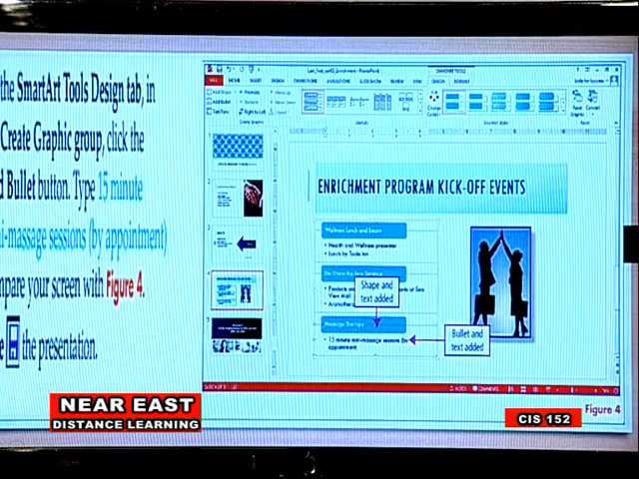Here we have number 7. In the last SmartArt Tools Design tab, in the Create Graphic group, click the Add Bullet button, type 15-minute mini massage sessions by appointment. Compare your screen with figure number 4. And then the last thing, we just save the presentation. If we compare figure number 4 with figure number 3 or 2, I think,